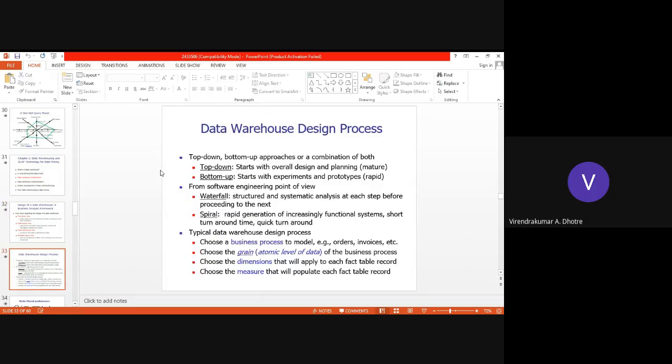So when we go for data warehouse design, we choose the business process. We can implement that business process as a model, for example orders, invoices. So the data warehouse design process consists of business processes.